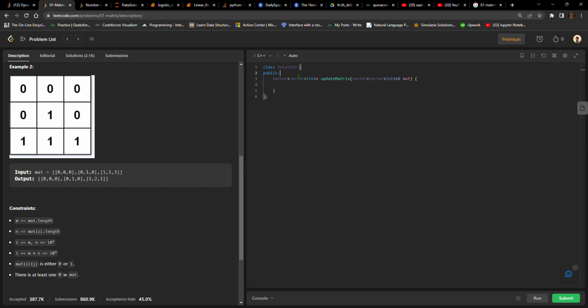So we would be approaching this through a BFS approach. Let us declare a vector of vector of int for directions. What are directions? Directions is all the possible